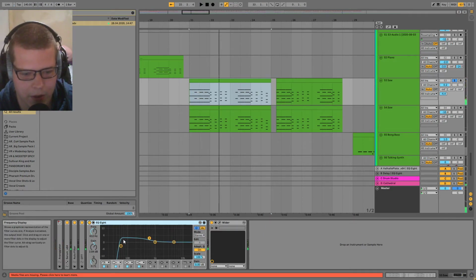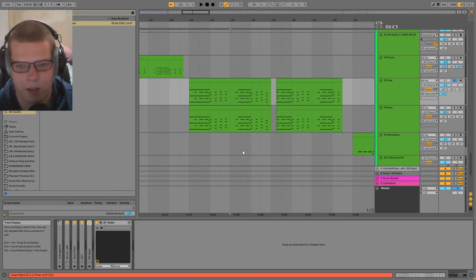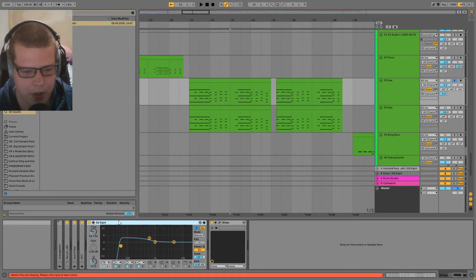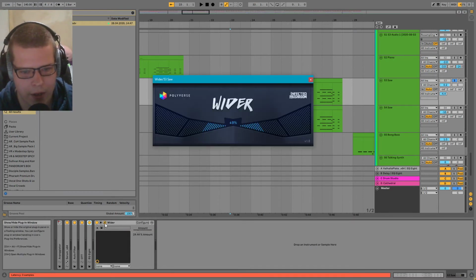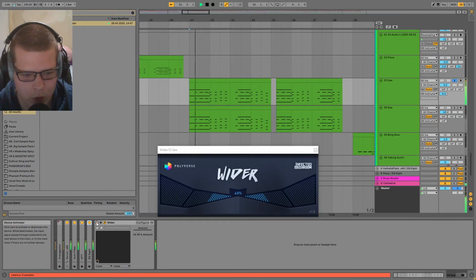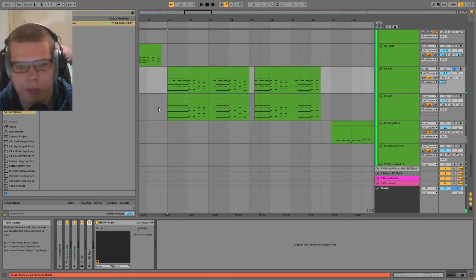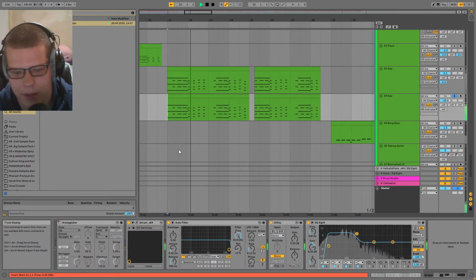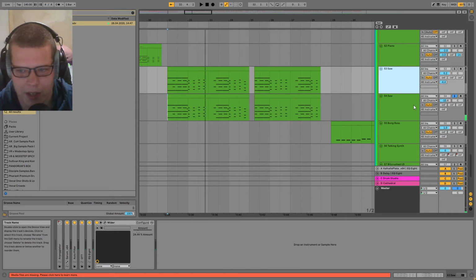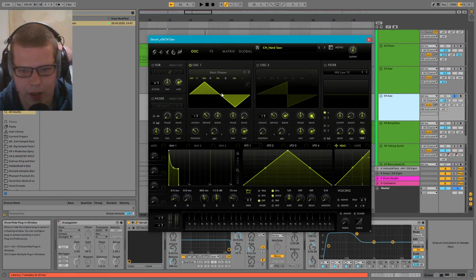I guess I felt like the lows weren't really impactful enough on this. Even though it's not a bass, I still felt like the lows weren't full enough in this part of the track, so I EQ'd up some lows on it. Wider on 49%. That helps quite a bit. And then this is called Saw just because I duplicated this track and then changed it, but it's actually a triangle.